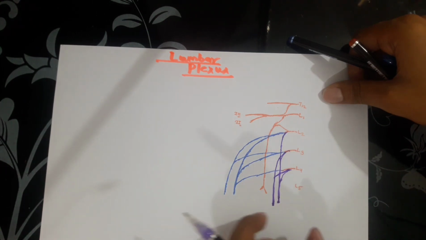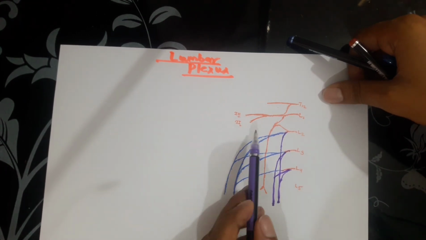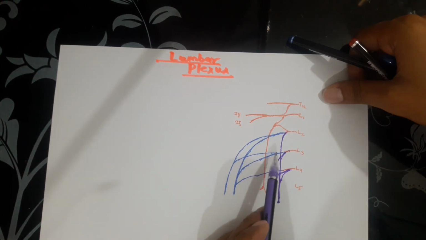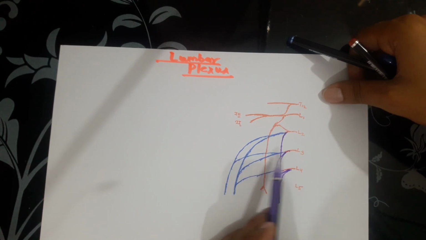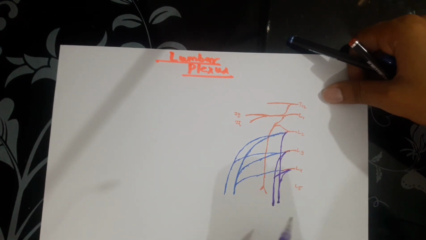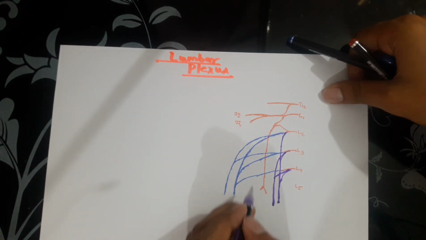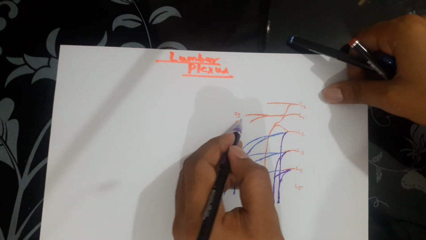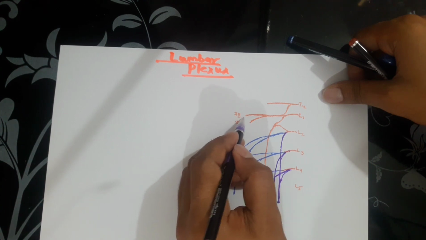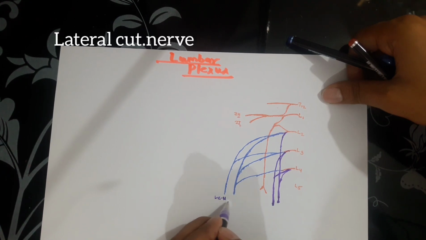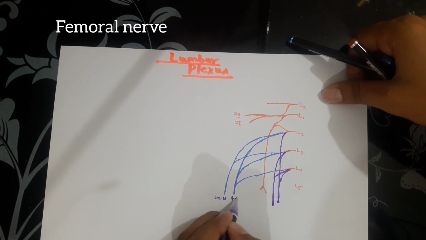So in dissection we can see these major branches of the lumbar plexus in relation to the psoas major muscle. So let's write the names of all the branches. We already wrote here iliohypogastric and ilioinguinal. Here we can see this one is the lateral cutaneous. Here we can see the femoral nerve, which